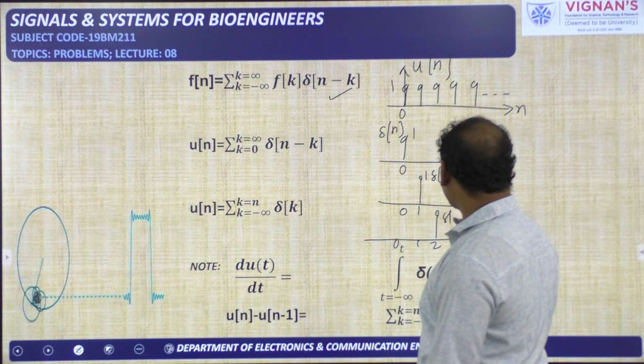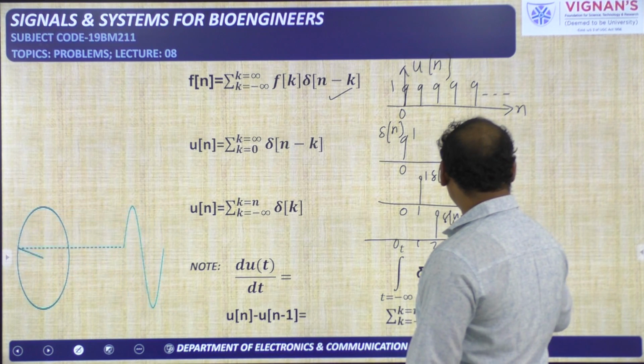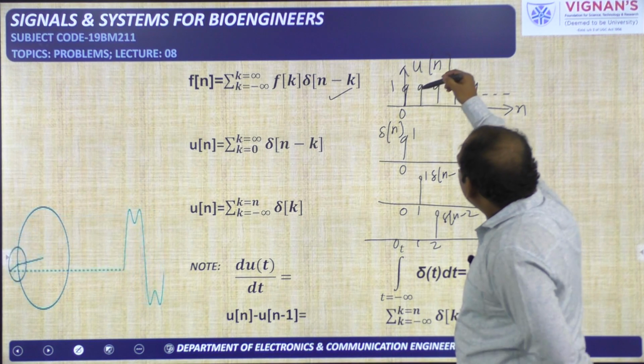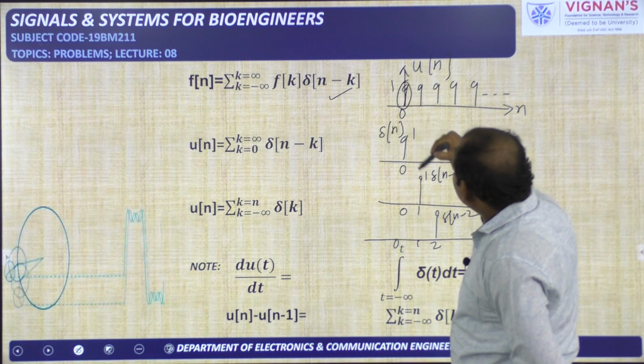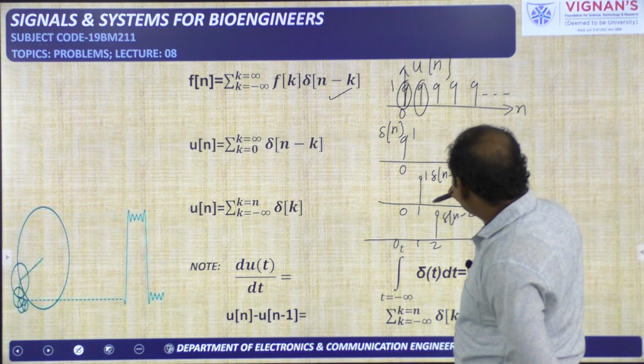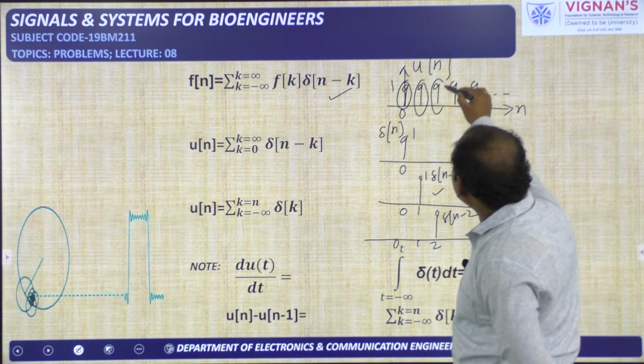This is del of n minus 2. You see, del of n is covered here, del of n minus 1 is covered here, del of n minus